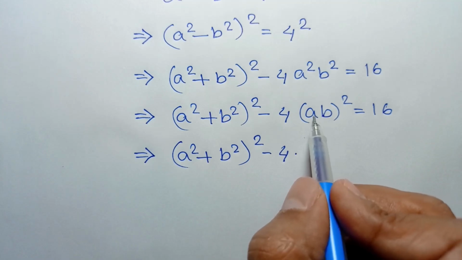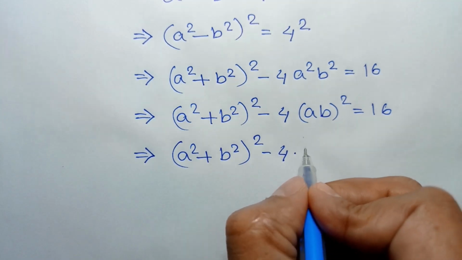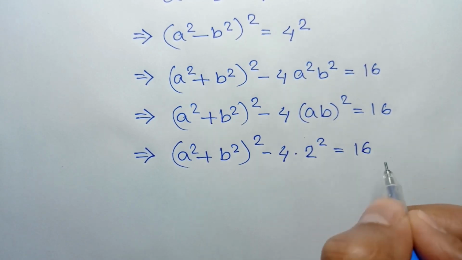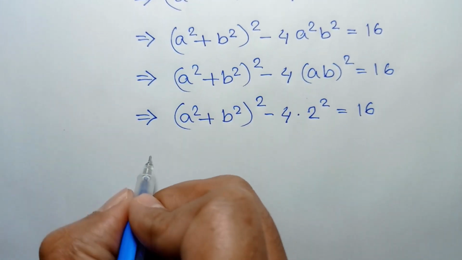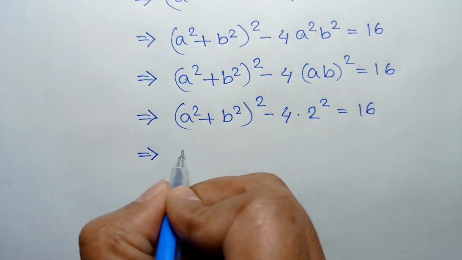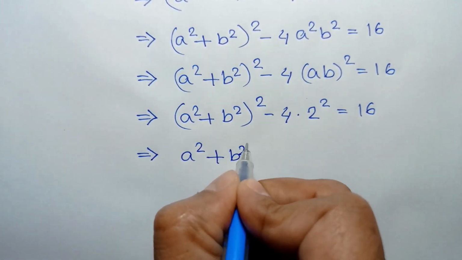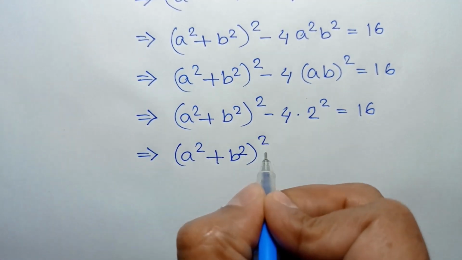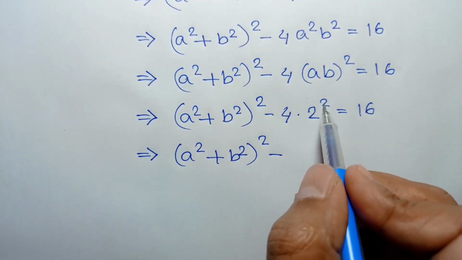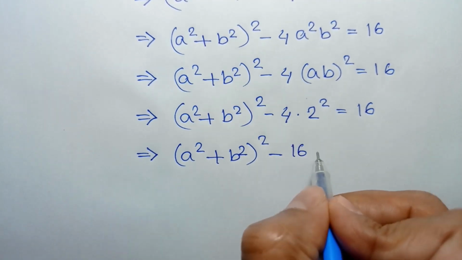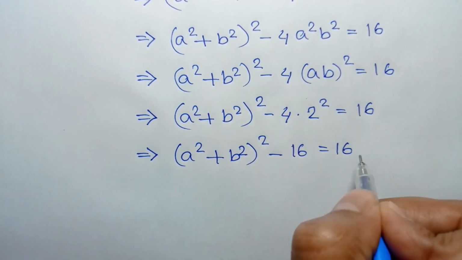So substituting the value of ab here, we can write 2 square is equal to 16, or (a square plus b square) whole square minus 2 square is 4, 4 times 4 is 16, is equal to 16,